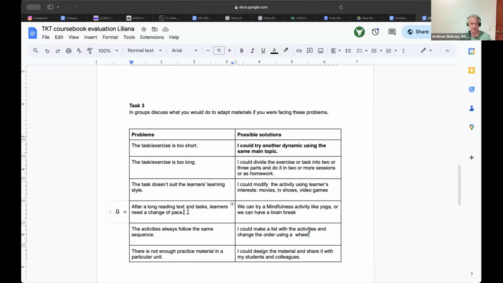After a long reading text and tasks, learners need a change of pace. So, we can try a mindfulness activity, and I do this with my students. We can practice our breathing and we can relax for 5 minutes. Also, we can practice yoga or some exercise to stretch our body, and we can have a brain break that are like